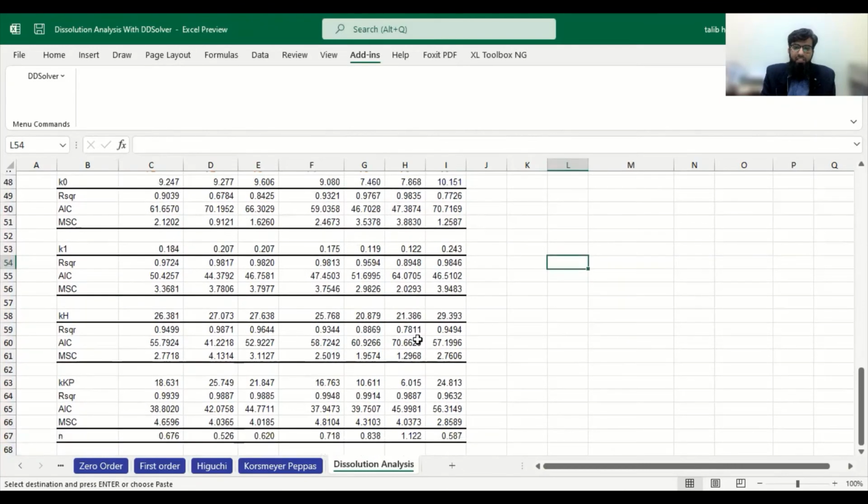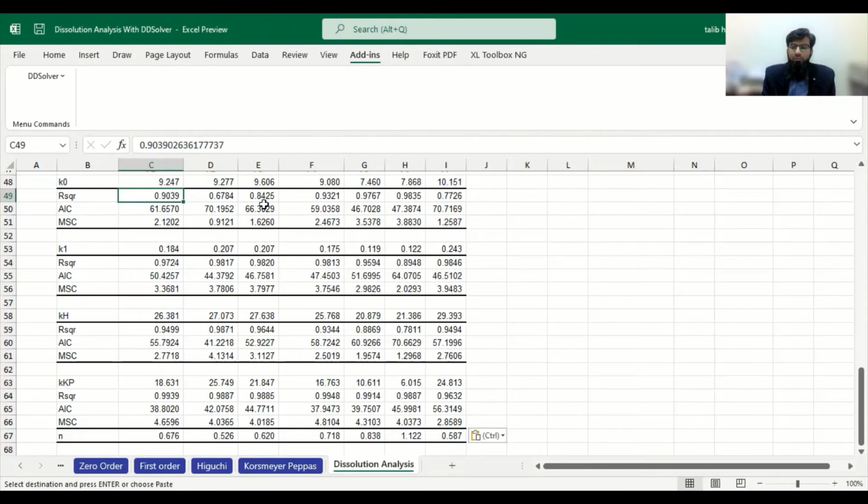As I previously explained, these are 3 parameters which are used to select a model. Any 2 parameters suitable for a formulation will give you the selection for that system. For example, first of all, for zero order, if we see an R square value of 0.90, which is almost 10% lesser than the actual value of 1, it cannot be considered.